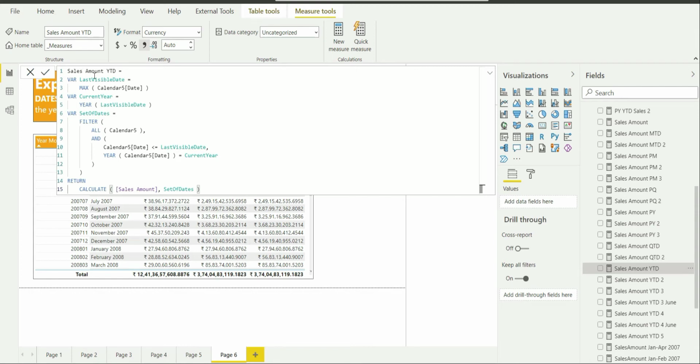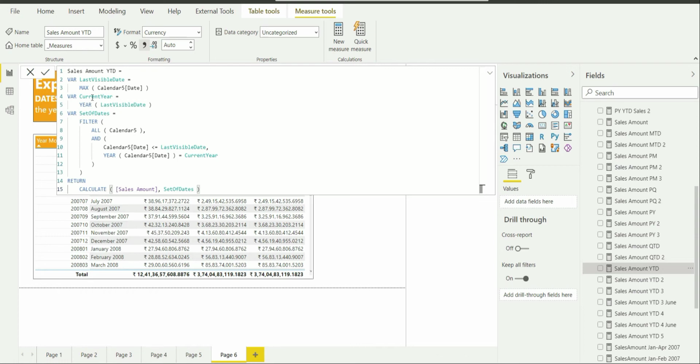As you can see, I have created a variable which is last visible date, and I am going to get the maximum of the date column of calendar 5. So if the current filter context is October 2007, then the max date is obviously going to be 31st October 2007.